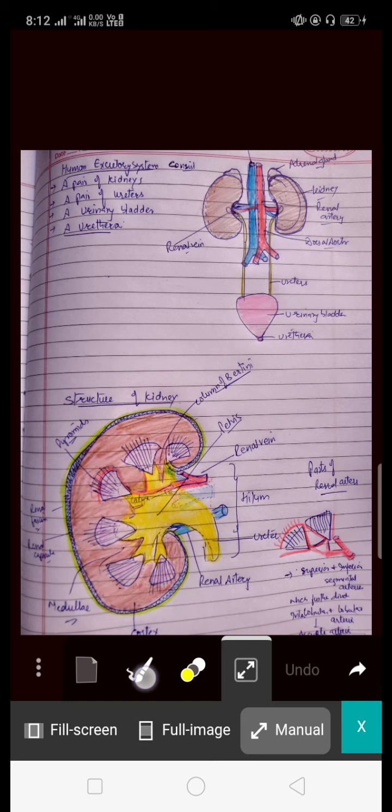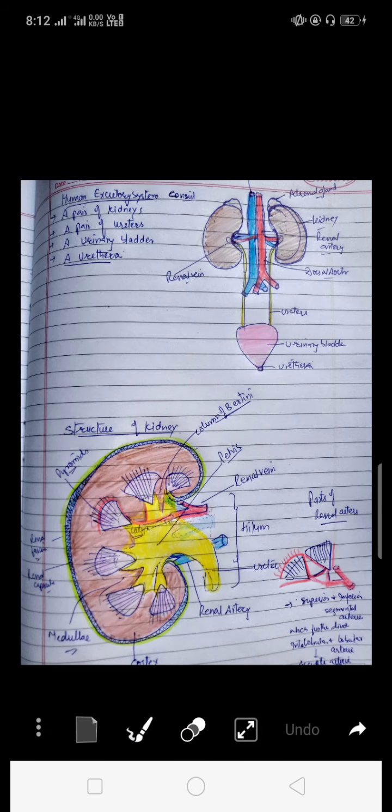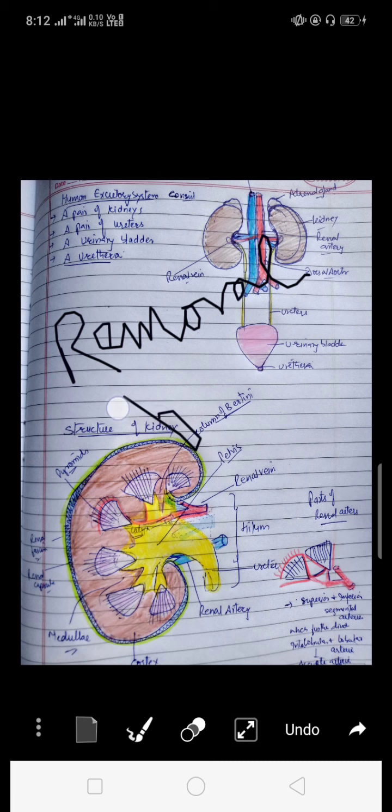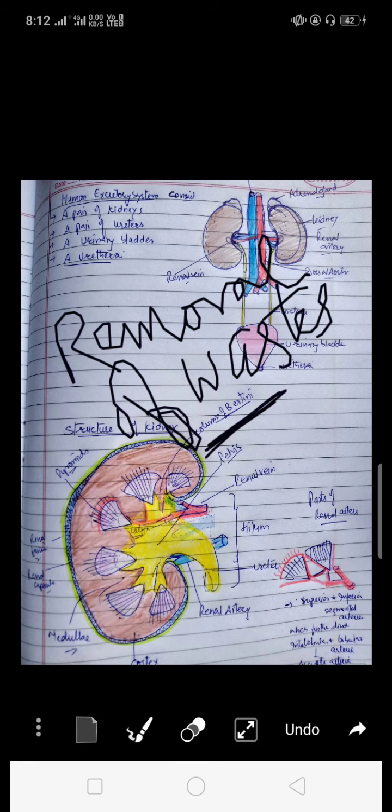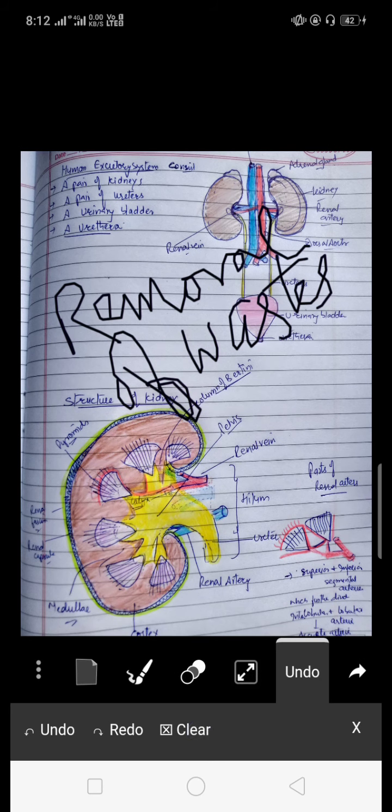My name is Ritu and today I am going to teach you about the human excretory system. Firstly, what is the excretory system? Our excretory system includes all the organs involved in the elimination of wastage such as salts, carbon dioxide, and urea produced by the body during homeostasis.